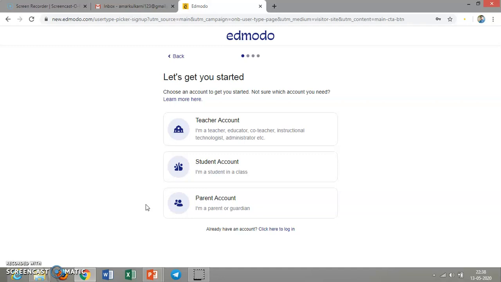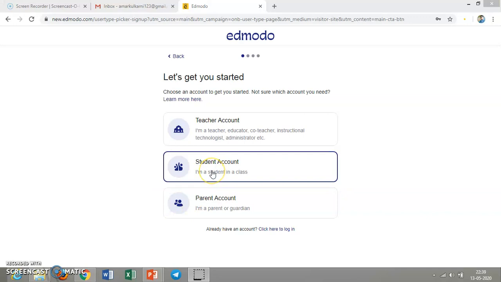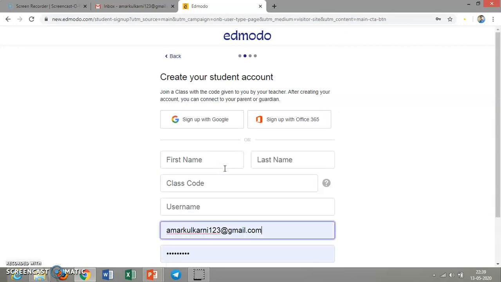son or daughter. If you want to join as a student in the class, just click on this student account. It will take you to this window. So here you have three options.